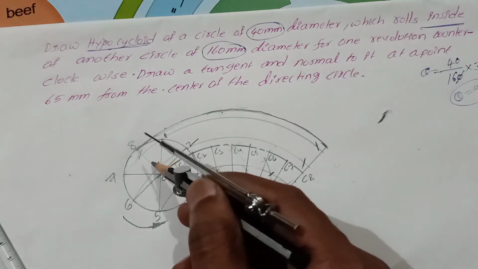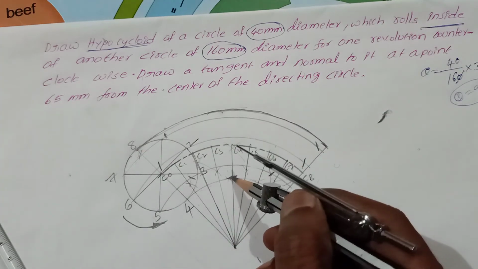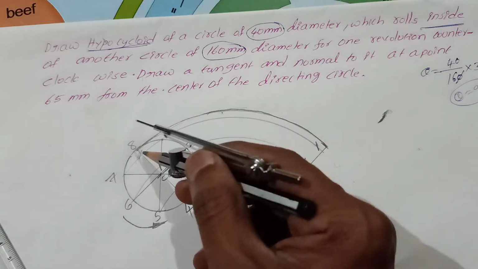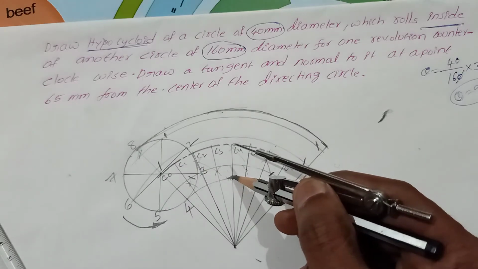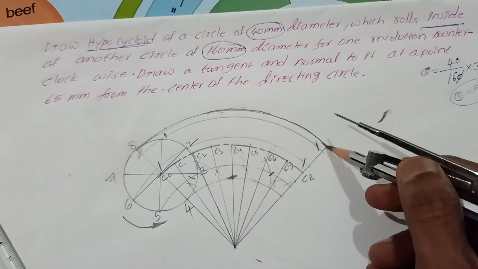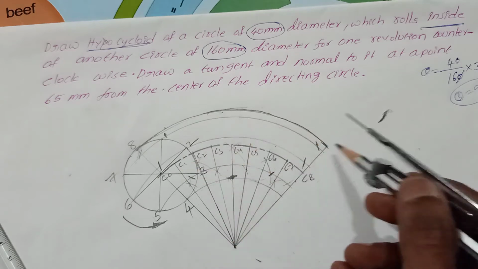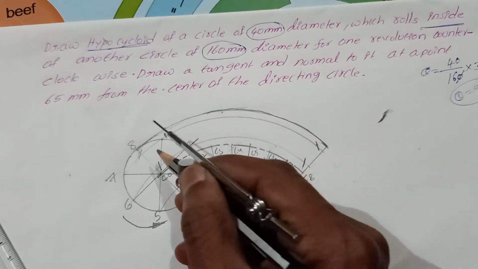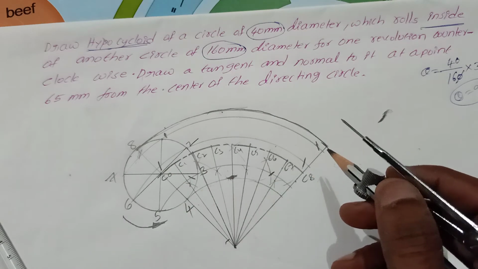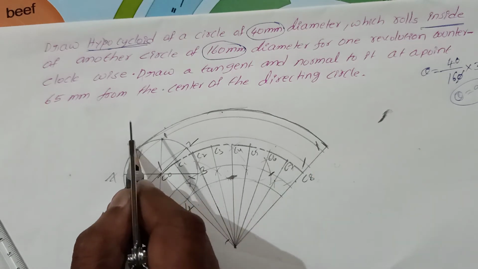So when it is rolling like this, the point first will come to the top. The top is nothing but the bottom. When it is rolling like this, the point will be at this point. After the end of the revolution, again this point will come here. Because it is rolling inside now, please try to understand, the curve will be like this. If it is epicycloid, the curve will be down. If it is hypocycloid, join them with a smooth curve.